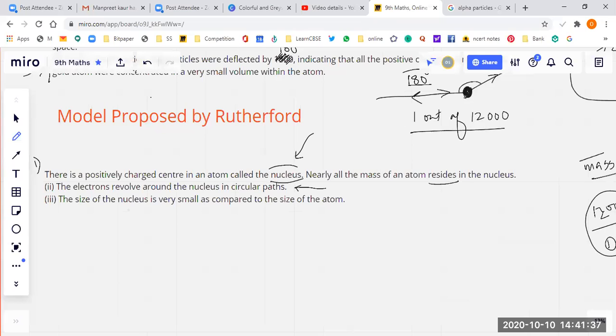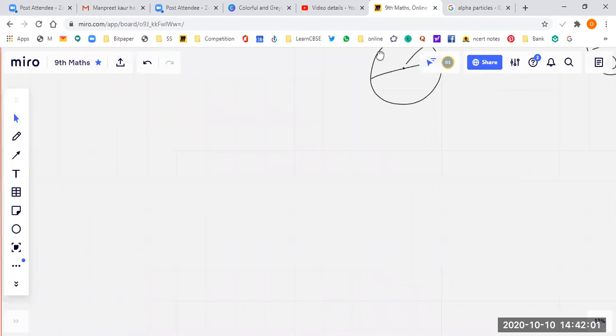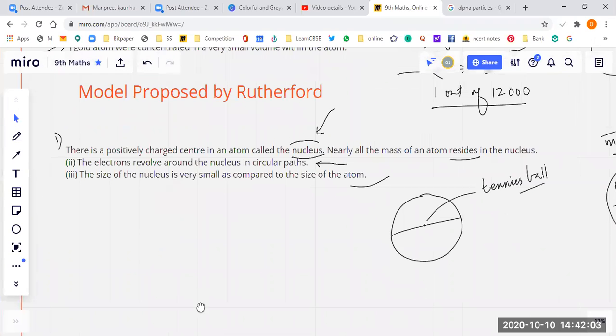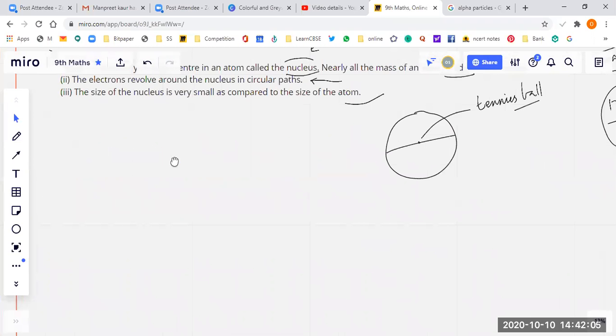साइज ऑफ न्यूक्लियस बहुत छोटा है एज कम्पेयर टू साइज ऑफ एटम। मैंने आपको पहले बता दिया है कि अगर एटम का साइज 10 किलोमीटर लें, तो न्यूक्लियस कितनी जगह लेता है? सिर्फ एक टेनिस बॉल जितनी। ठीक है जी। अब आगे बच्चों, ड्रॉबैक्स, हमारे पास 3 मिनट है, आओ हम वो भी कर लें। ड्रॉबैक्स ऑफ मॉडल प्रपोज बाय रदरफोर्ड, मैं अभी आपको बता रहा हूँ।